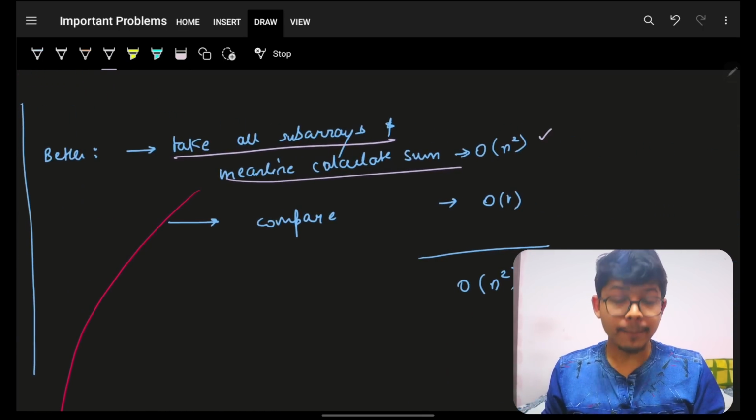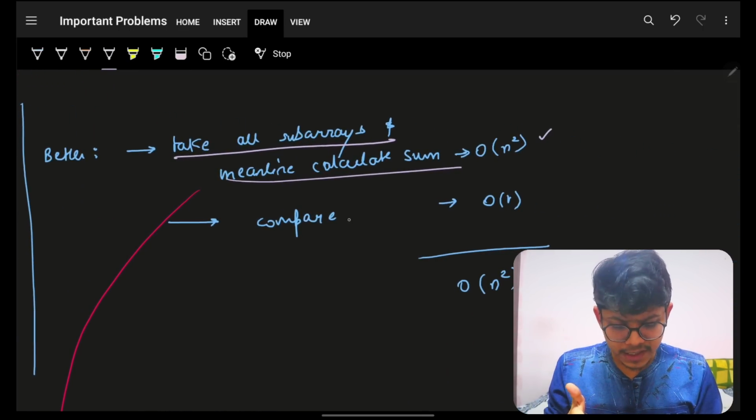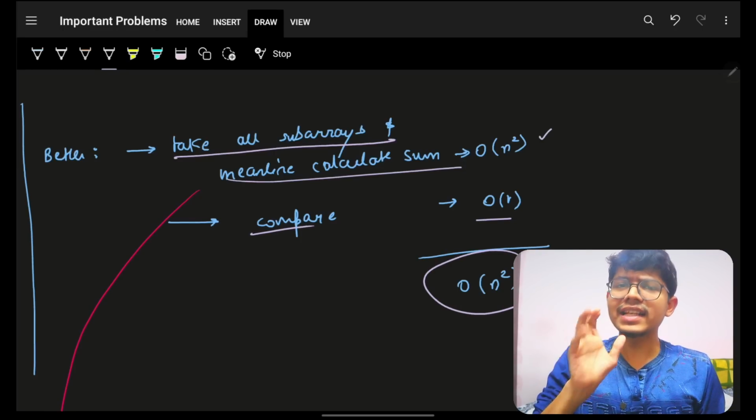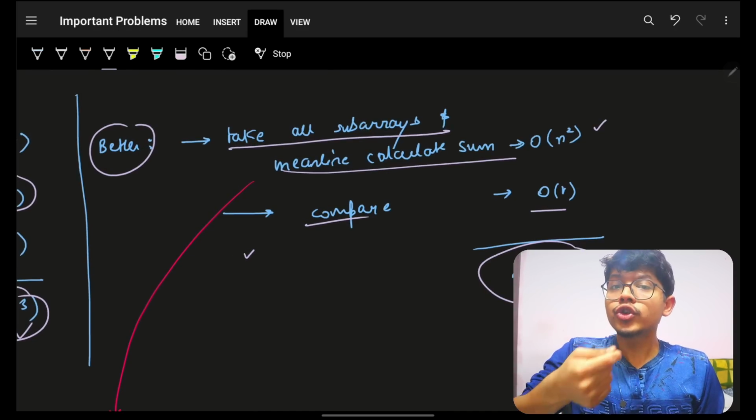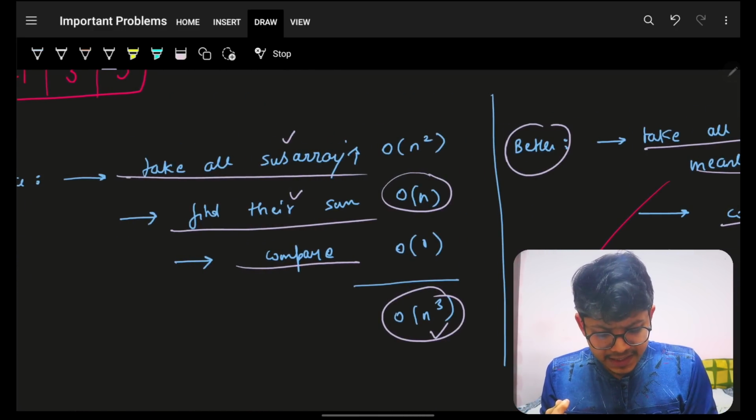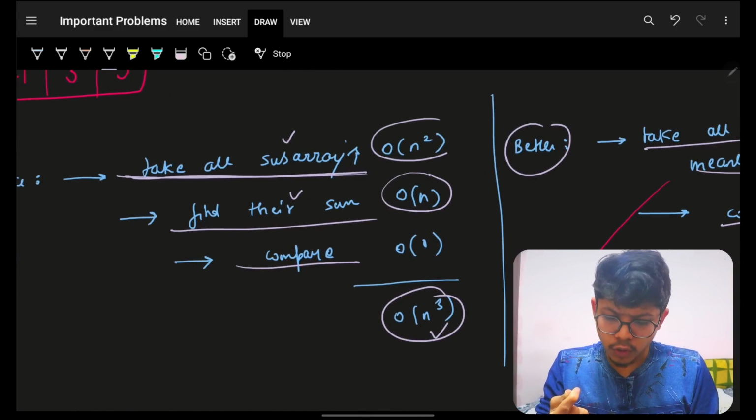So this is how I can approach it in O(n^2) and compare in O(1) time. Still, O(n^2) will be the complexity, which will still give you TLE. But there is one more better approach which you could have taken: you take all these subarrays, O(n^2),